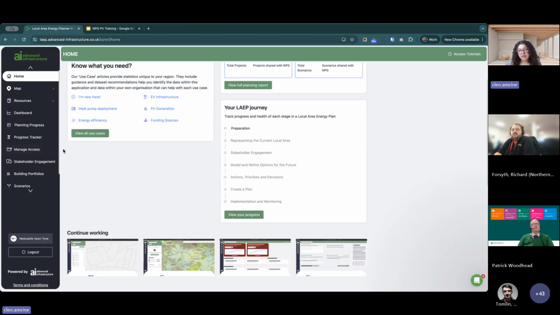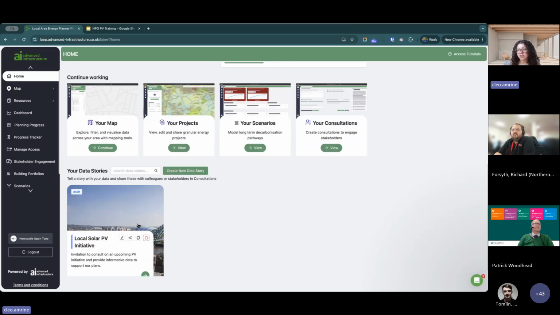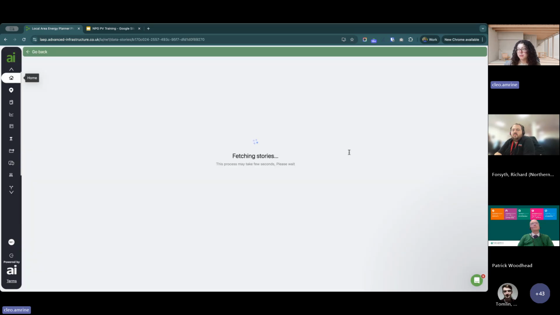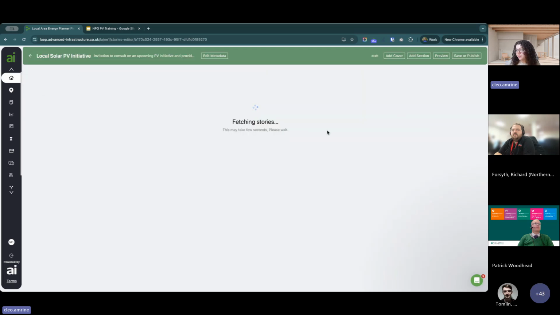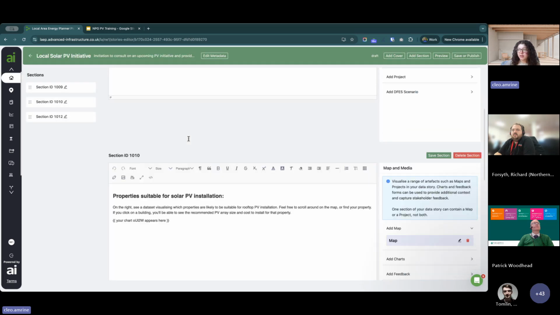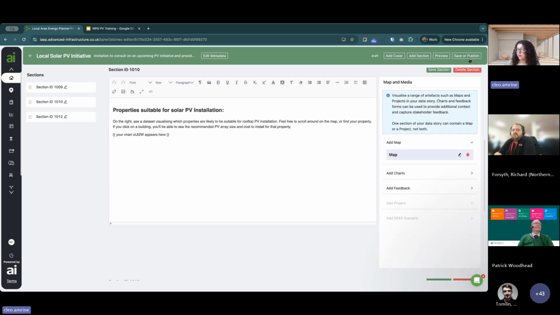If those are stakeholders that you actually don't want to invite to this planning platform, but you just want to share insights with, the best way to do that would be with a data story. So I'm just going to open up this example one I have from a past training session. If we go into edit mode, data stories are a way to share a narrative with stakeholders, and these can be shared publicly. You can get a shareable URL if you click this publish button in the top right, which can then go in a newsletter or a website or directly to stakeholders via email.